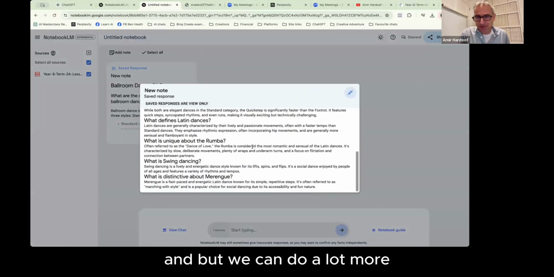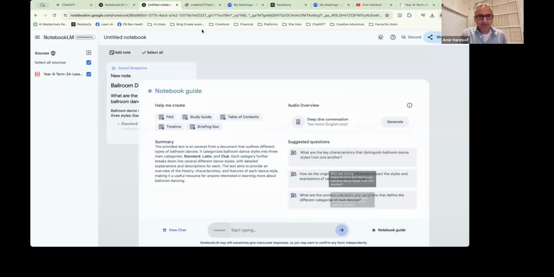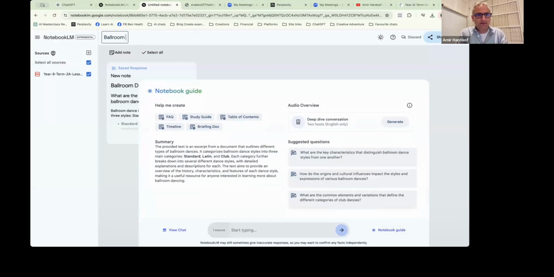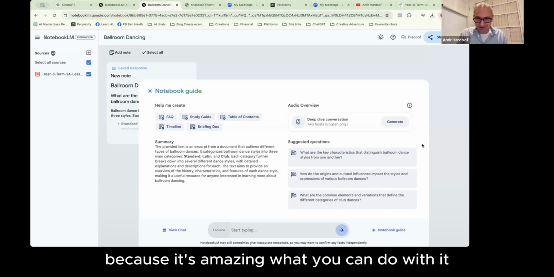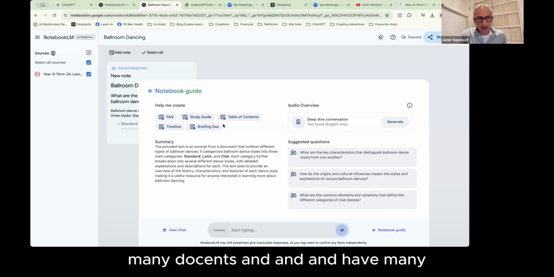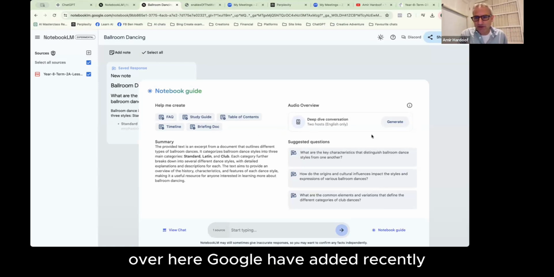But we can do a lot more, and I'll open this notebook guide. Let's call this notebook Ballroom Dancing. Okay, so now it's called Ballroom Dancing. And why am I showing you all of this? Well, first of all, like I said, because it's amazing what you can do with it. You can load many, many documents and have many different sources and ask for information about these sources. However, over here, Google have added recently